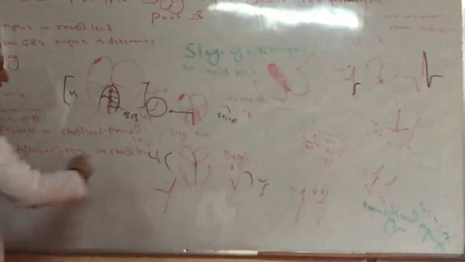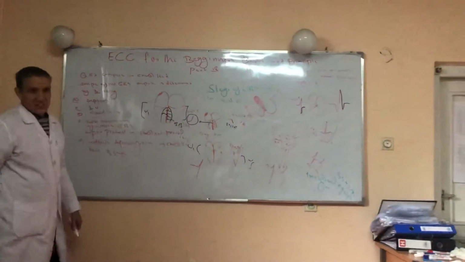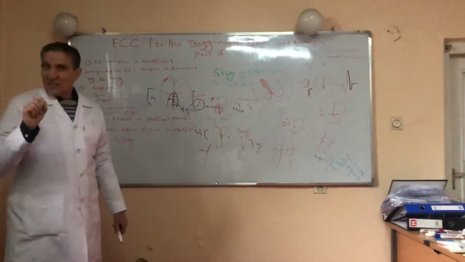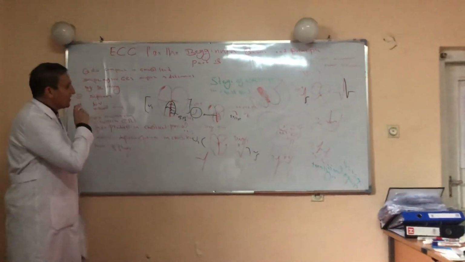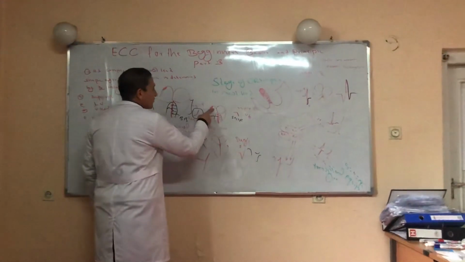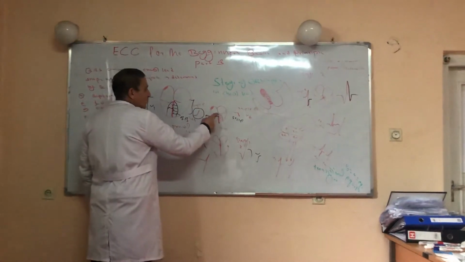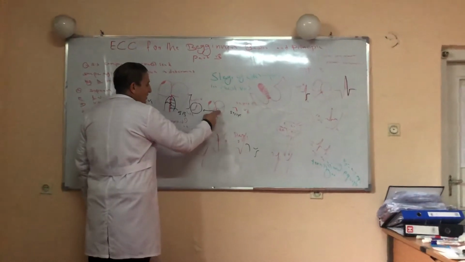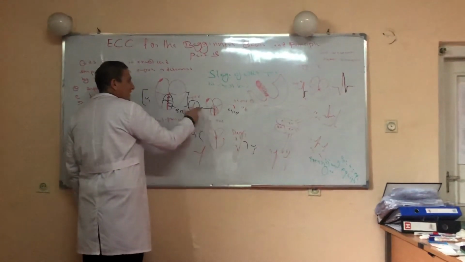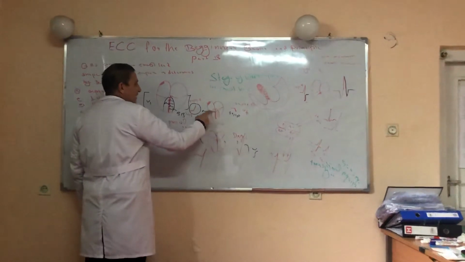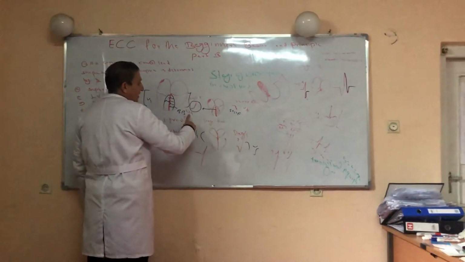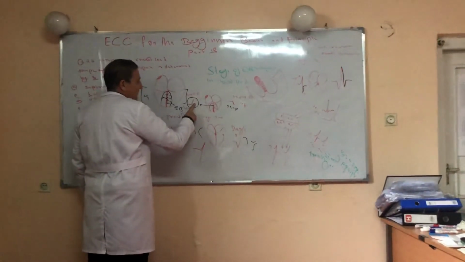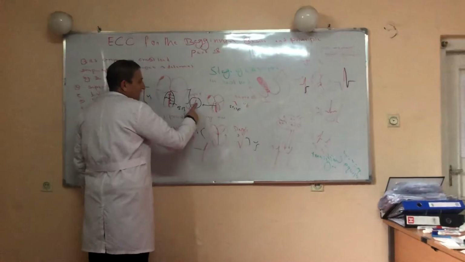Now again we will repeat. The QRS complex in the chest leads is quite different in shape and morphology from the limb leads. Right now we will start from the SA node. The electrical impulse is generated from the SA node, comes to the AV node, the bundle of His, and the left bundle branch. The left bundle branch depolarizes the septum from down to up and from left to right. In this situation, the electrical impulse moves toward the positive electrode and produces a positive deflection. This is a small, rapid deflection and represents septal ventricular depolarization.